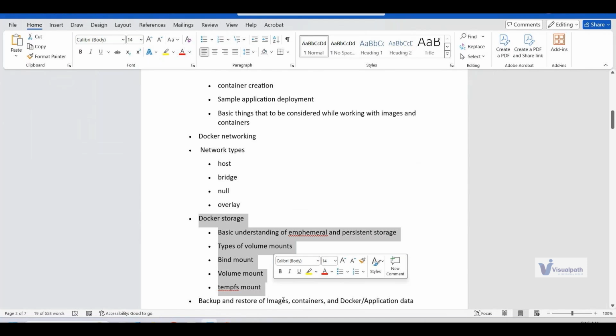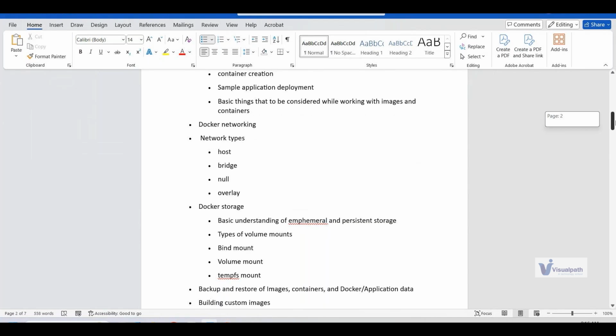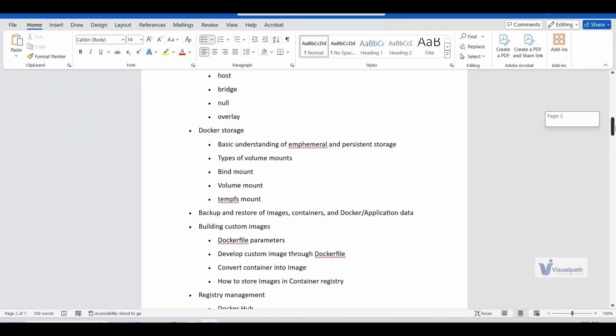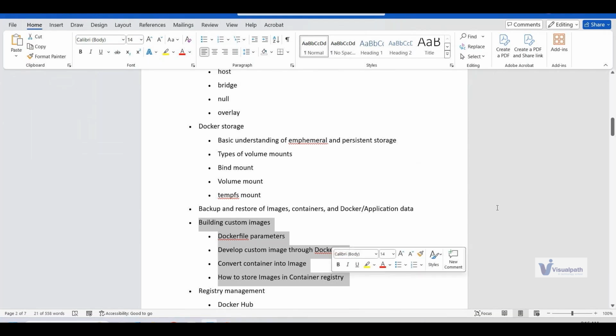Backup of the images, restore of the images, right? Convert image to a file or running container to image and then file and then back from file to image format. Those things we will be exploring in very detail, and building custom images by writing a Dockerfile. What all the methods we have to write a Dockerfile, and how we can secure our Docker images, that we will be looking into,